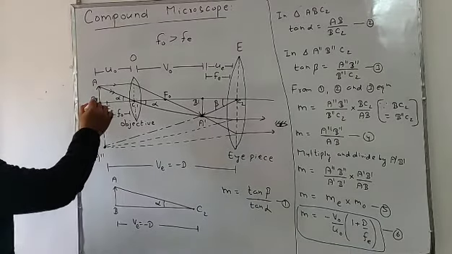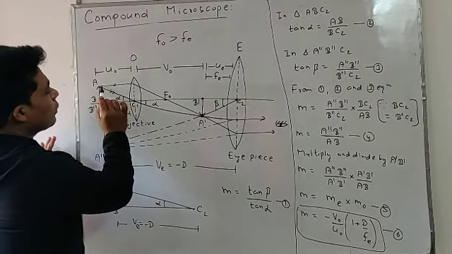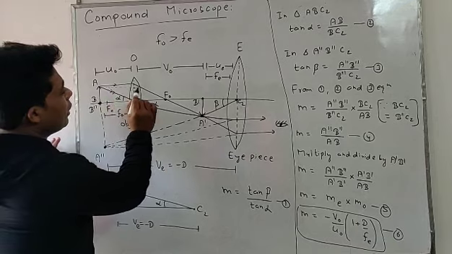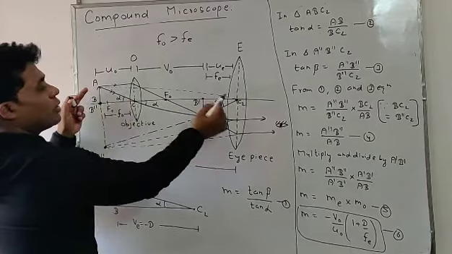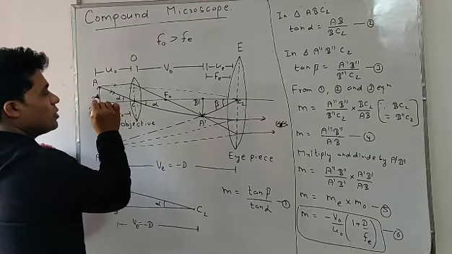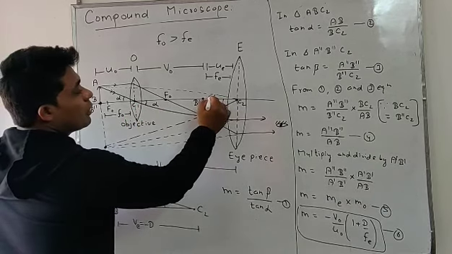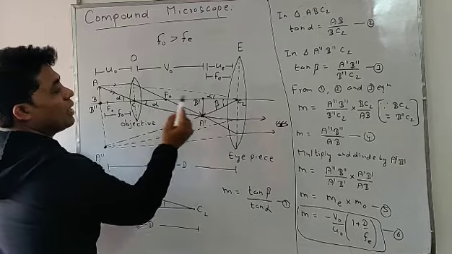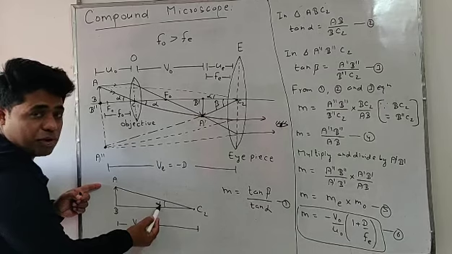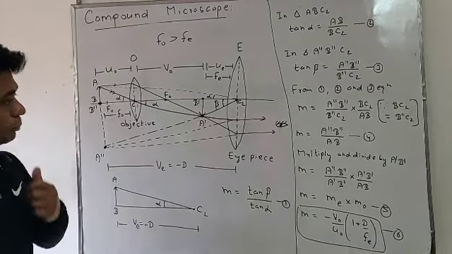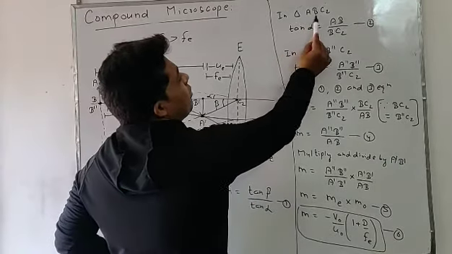Look at students, this is AB, that is AB. Look at what I'm going to do, that is a construction part. Join A to C2, A C2. This is alpha. The object is making an angle alpha. This alpha, that is also alpha, because it is an alternate angle. So in the triangle ABC2 shown here, this is alpha, isn't it? Now students, we define tan beta and tan alpha. Tan beta in triangle ABC2.